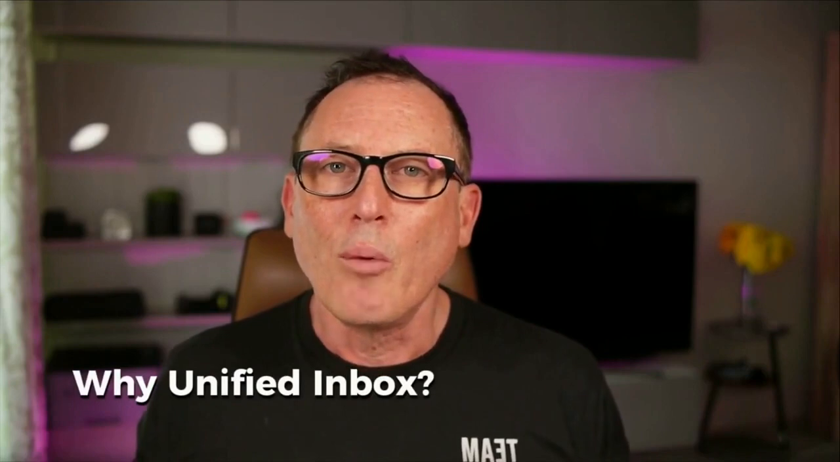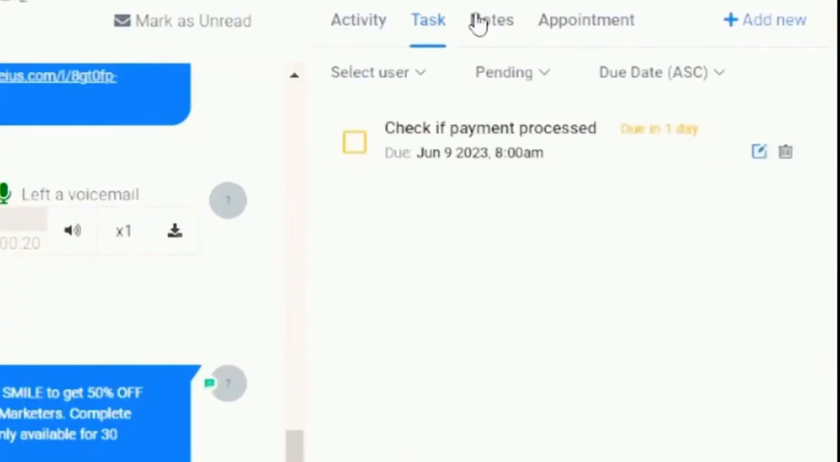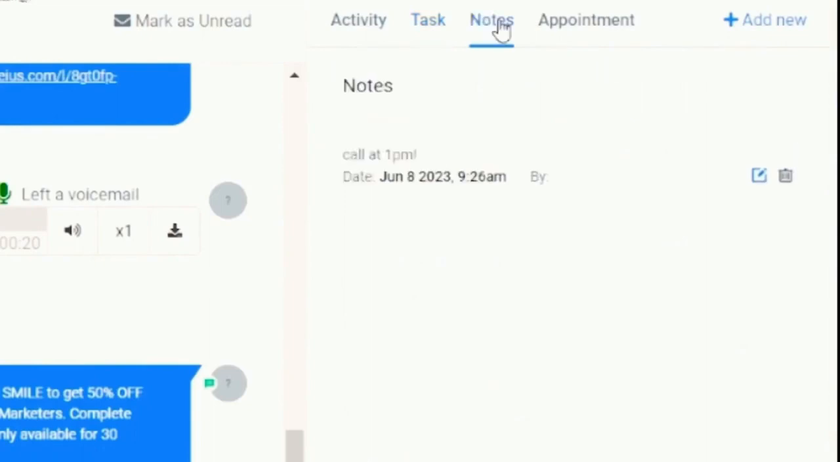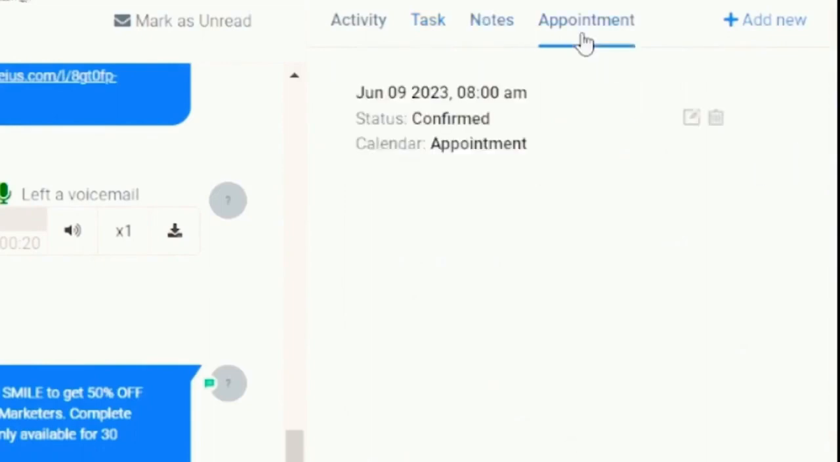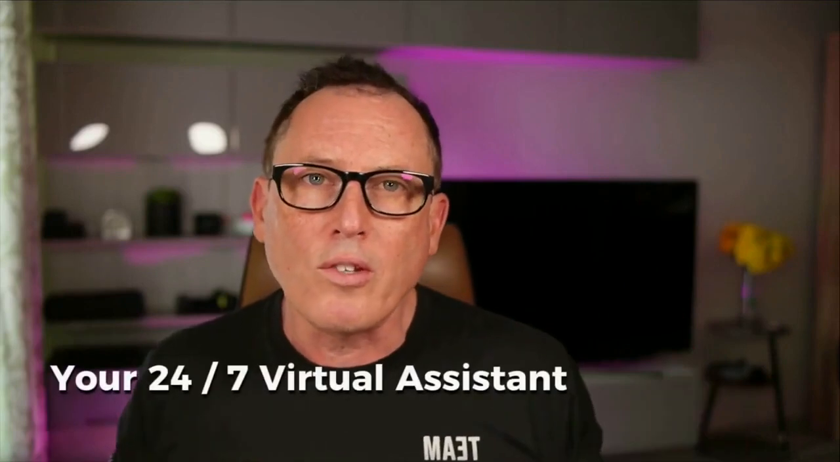So why is a unified inbox so crucial? Well, it's simple. It streamlines your communication, making sure that nothing falls through the cracks. You can categorize your messages, set reminders, and even automate your responses. It's like having a virtual assistant that works 24/7. Businesses that have switched to GoHighLevel's unified inbox have reported quicker response times, higher customer satisfaction, and an increase in